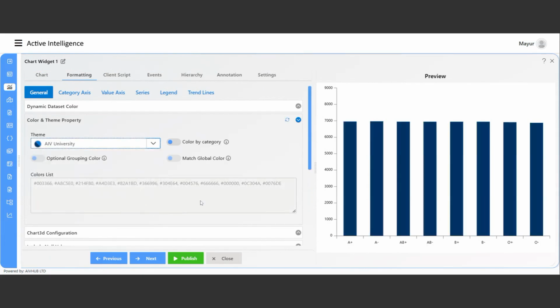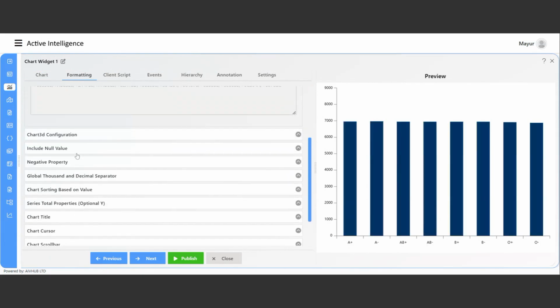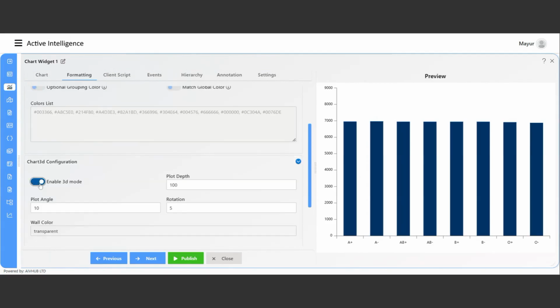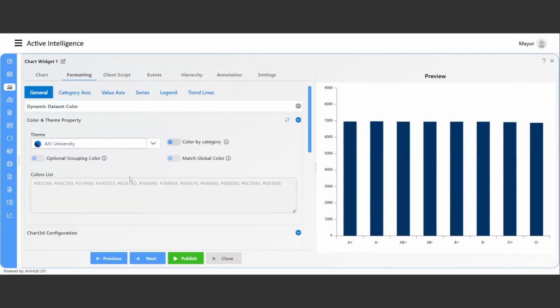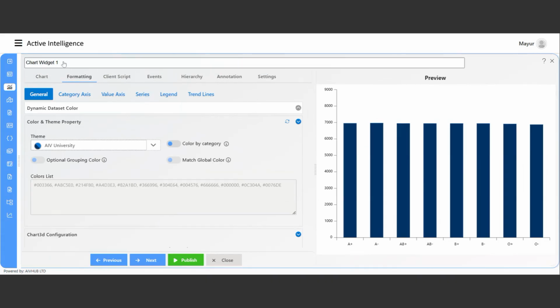I can change the color of this chart. I can see this chart in the 3D view. So those options are by default available to us. So basically, I will change the name for it: number of patient by blood type,